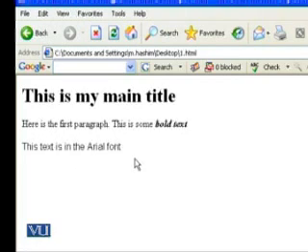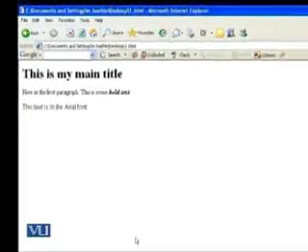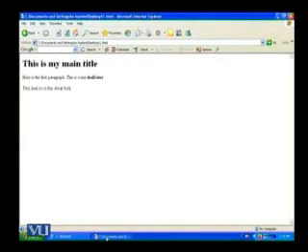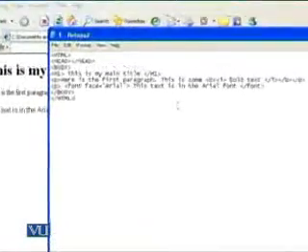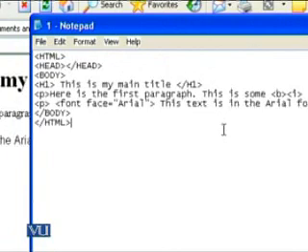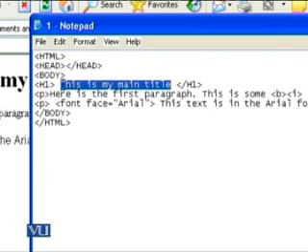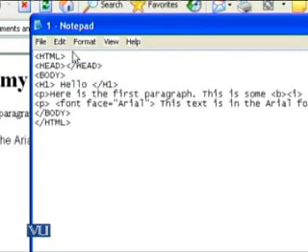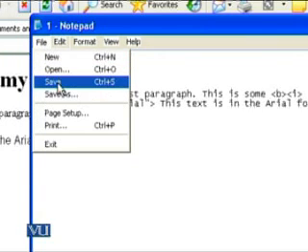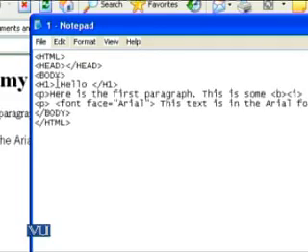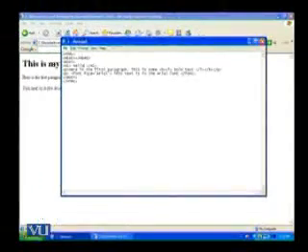Assuming that I want to make changes in my web page, what are the steps required for that? For that, I again go to my source code in the Notepad. I do the changes, assuming that in the heading, instead of the sentence, this is my main title, I just type hello. After doing this change, a simple change, I would again save this file, and then I would use the refresh icon. Refresh icon is shown in the top bar.